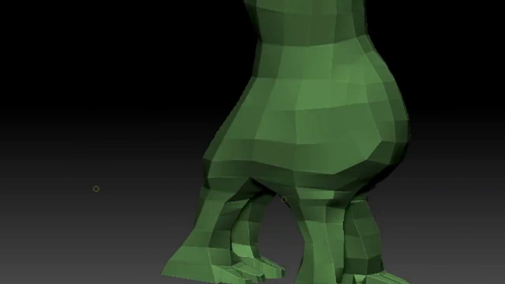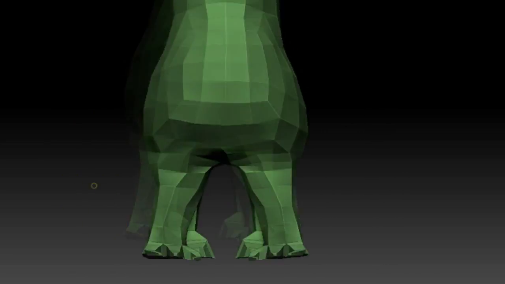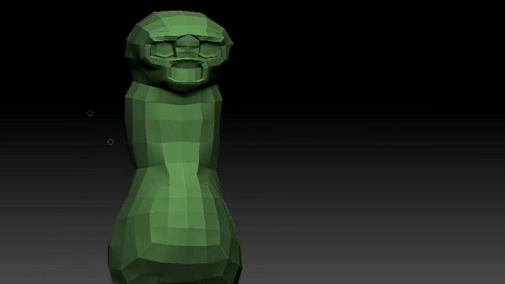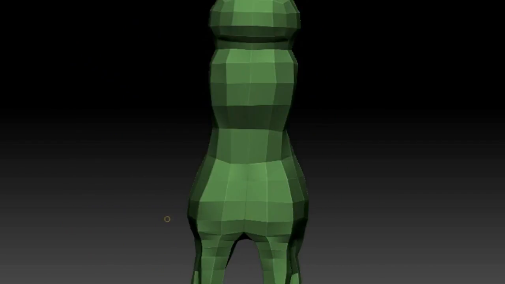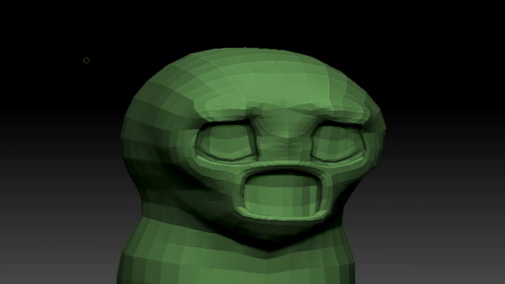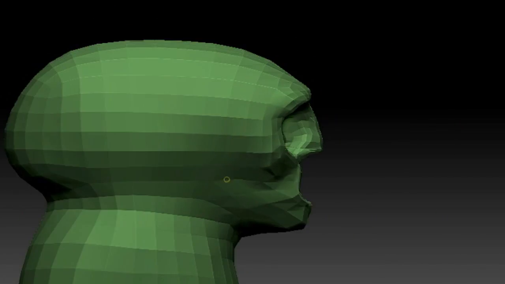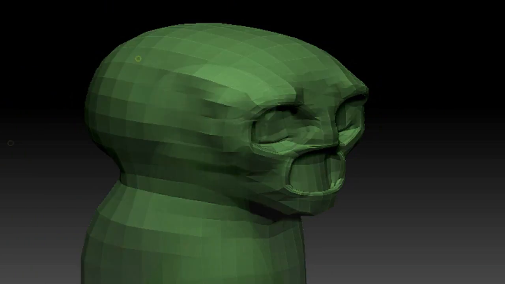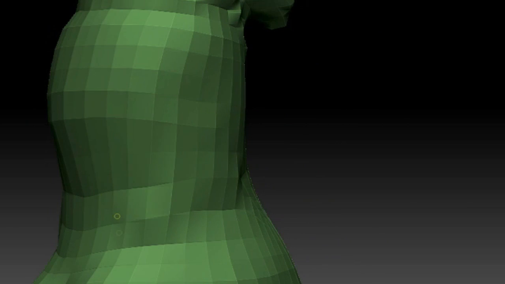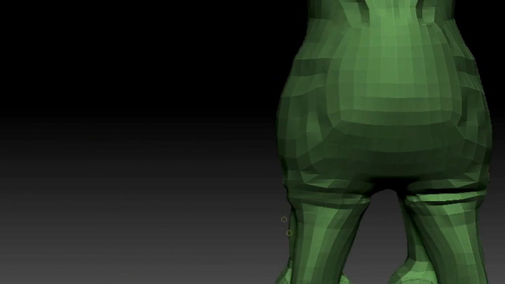I'm using the movie tab in ZBrush right now to record this, so I'm not using any fancy recording programs like Fraps or some other software out there. This is all in ZBrush, which is really cool, because I can pretty much do this anytime I want. As you can see, we are on the second subdivision. The first subdivision was pretty much me just editing the shape. Now on the second subdivision, which is even more polys, or in this case squares, or rectangles, we're getting detail into the sculpture, and that's what subdivision is. So we're at the second subdivision right now.